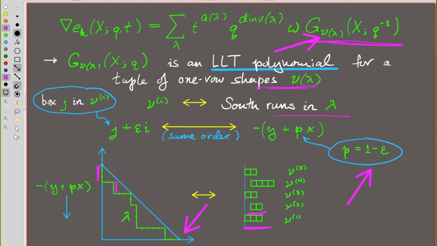So for instance, this south run of 2 started 1 step below the boundary line. And because of that, I put the boxes starting offset by 1 box, whereas the first one started on the boundary line. So that first one there is not offset. But the order in which I would put them is such that the offset plus epsilon times the index is in the same order as the distance from that slightly